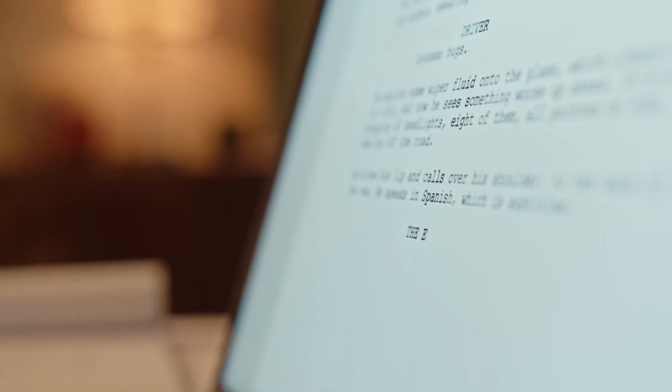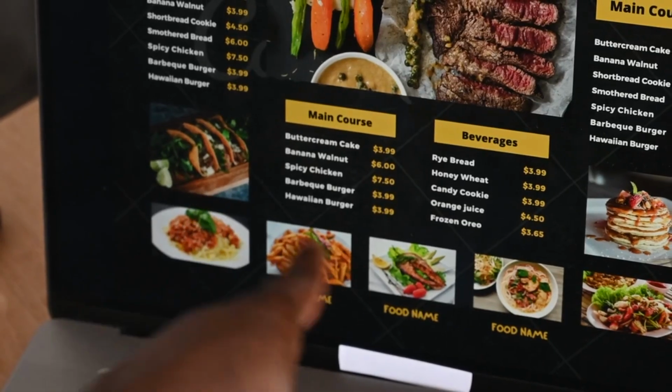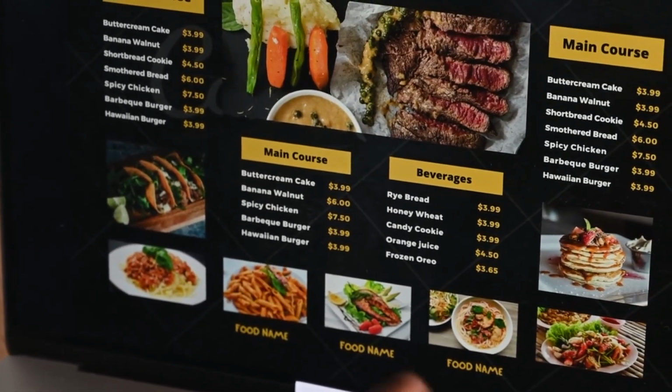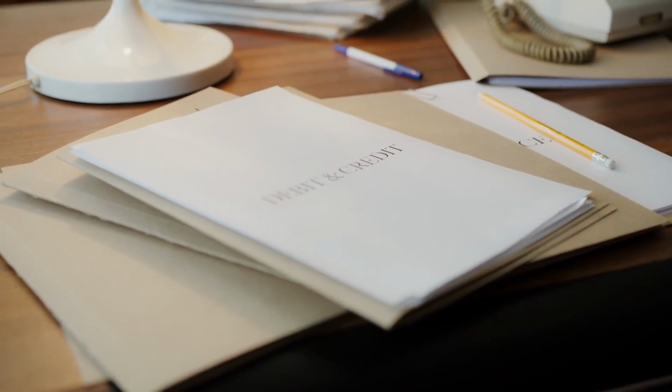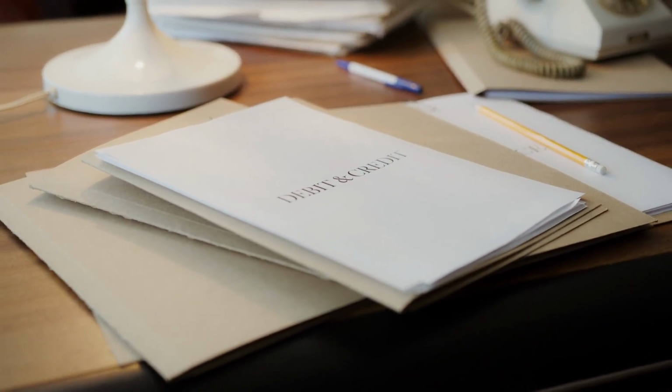Tool number five is Sonix, which has been around for ages and is frankly scary accurate with their transcription. It offers tons of export options, making it a solid choice if your workflow ends at having a perfect text file. So, you have plenty of options, but remember that transcripts are just the raw material and not the finished product.